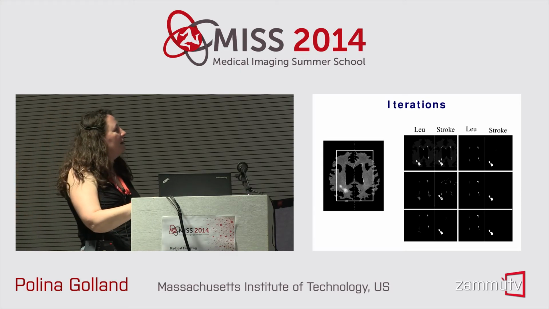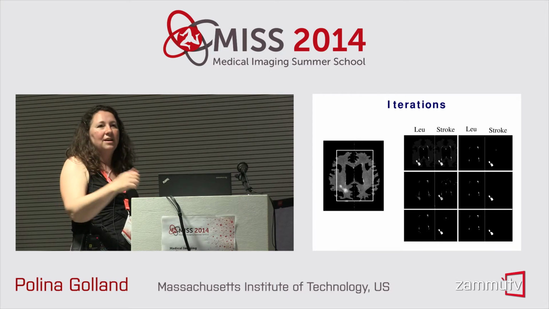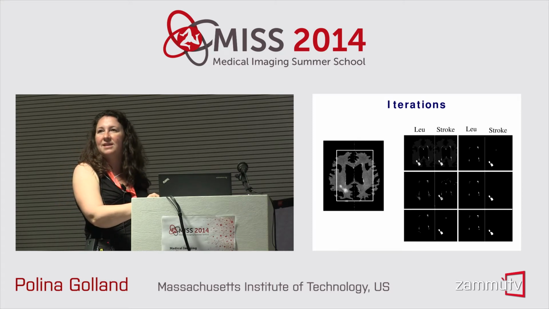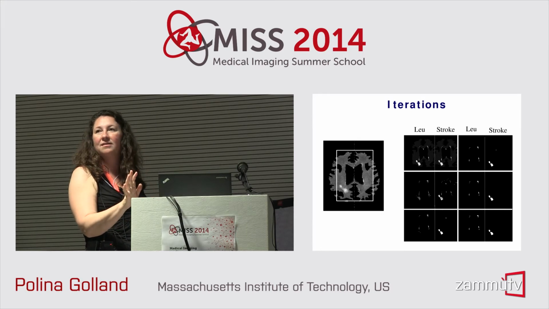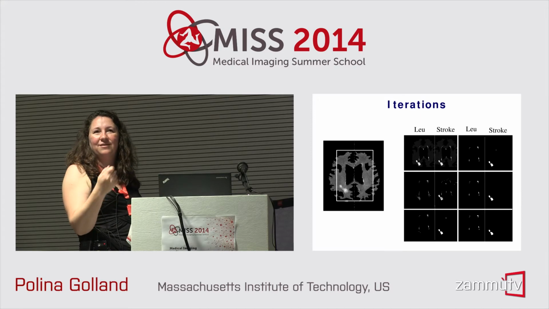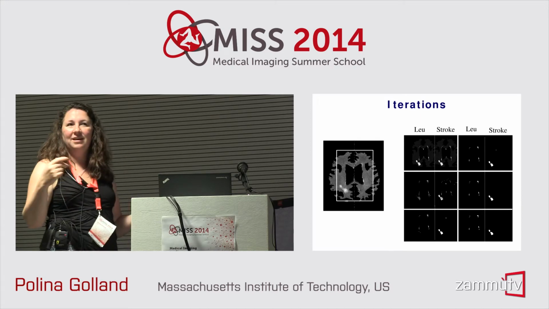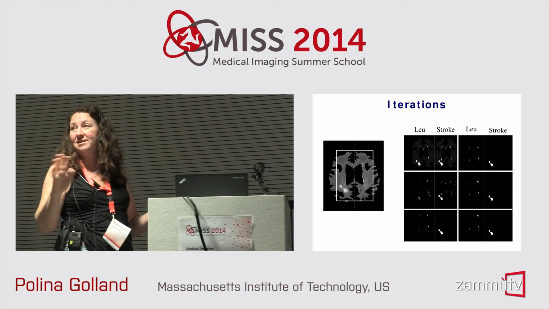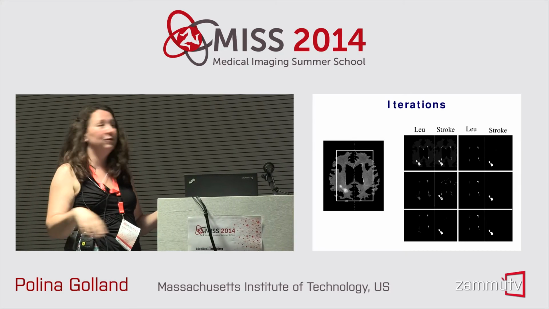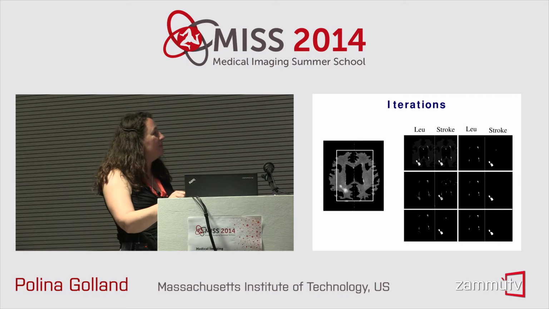At the beginning, the initialization is just using the intensity of the images, and you can see that the evidence for leukorrhiosis and the evidence for stroke is nearly identical. And that's how it should be, because the histograms of intensities look almost indistinguishable for the 2 classes. But then what happens is that